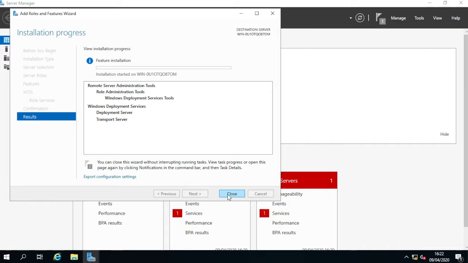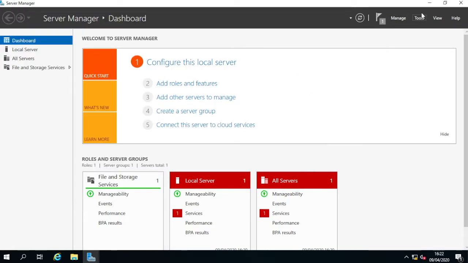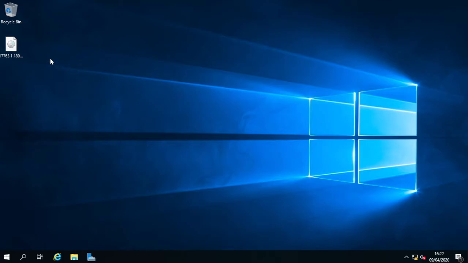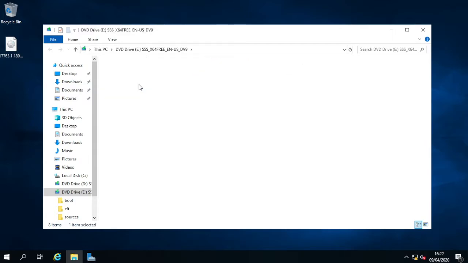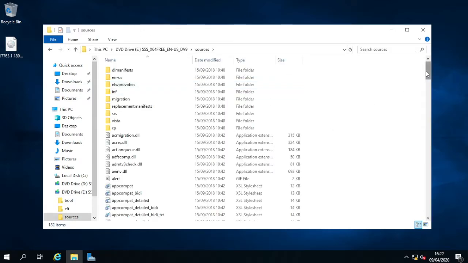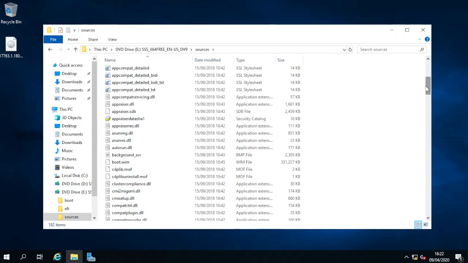While we wait for this to install, we'll go over what other things we're going to need. If we just minimize this here, we're going to need an image of a Windows installation media as well. Here I have the installation media for Windows Server 2019, and we're going to need two files off of it. If we open it up, we can mount the image. Go into the sources folder here, and we need to find two files, boot.wim